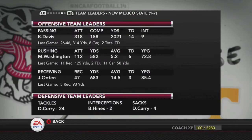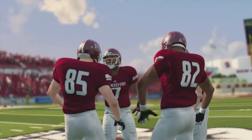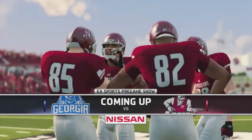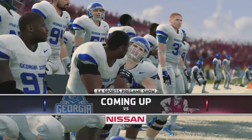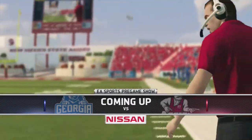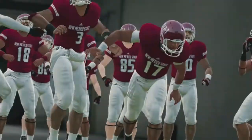If you look at the standings in the Sun Division of the Sun Belt Conference, Georgia State is in the lead, just ahead of Arkansas State, which that matchup is coming up next week. So if we get a win this week and Arkansas State gets a win this week, it'll be a big matchup next week. But first, we got to get through week 11. The Panthers have not...